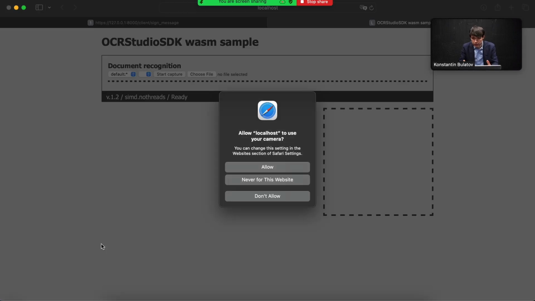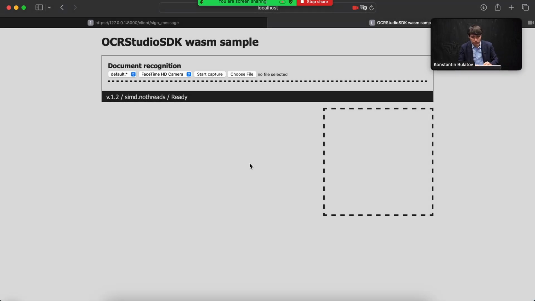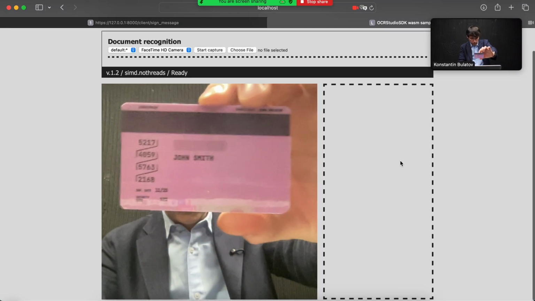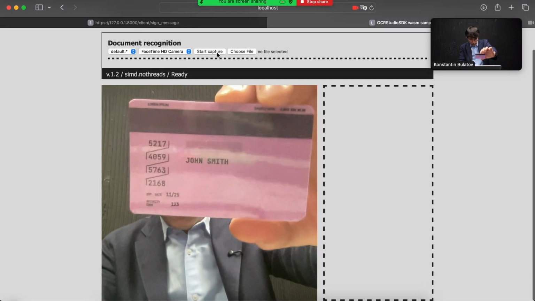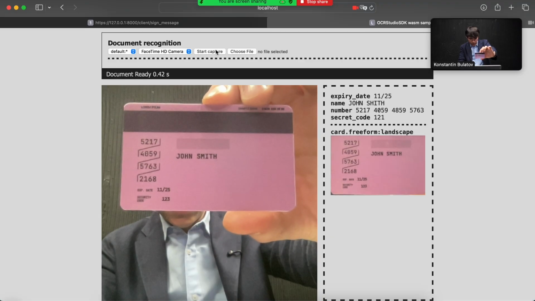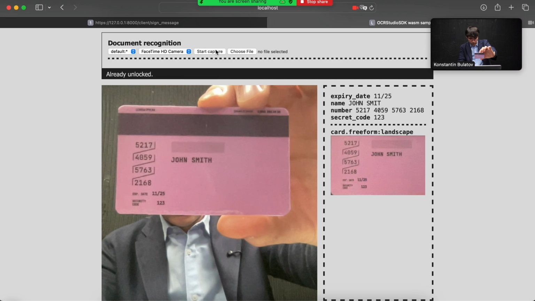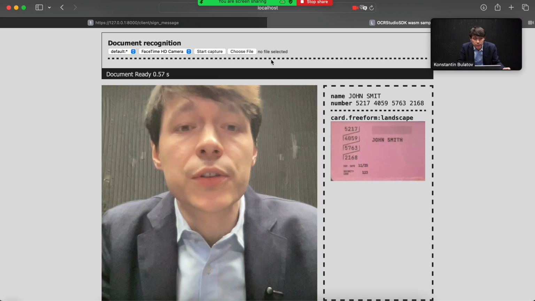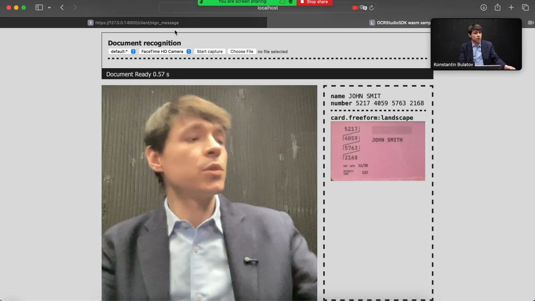You can see this is the sample application. It asks for permission for the camera. Again, we allow it. And I can point the bank card, start capture, and it reads all the information. So it's easy like that.